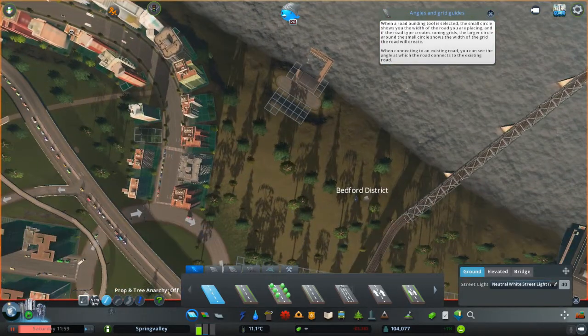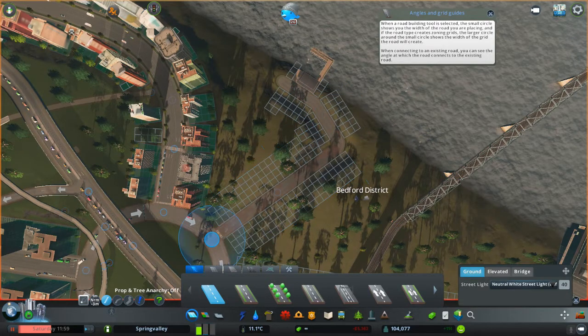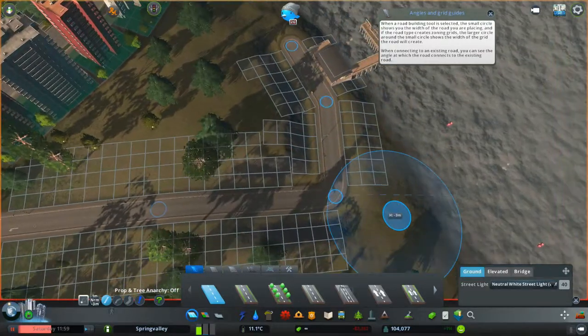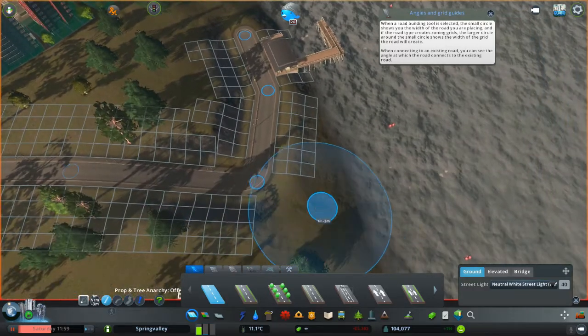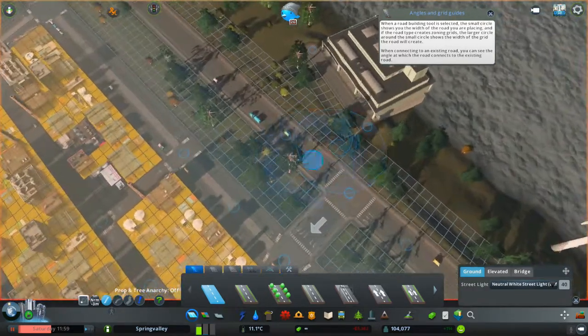Coming back to this one, this should be fairly simple to connect. I don't want to do anything particularly wonderful with the design. I just want to put the road in place. So essentially, vehicles can get down there. They won't be able to park. There's nowhere to park at the moment. And on this side, we've got to connect up the